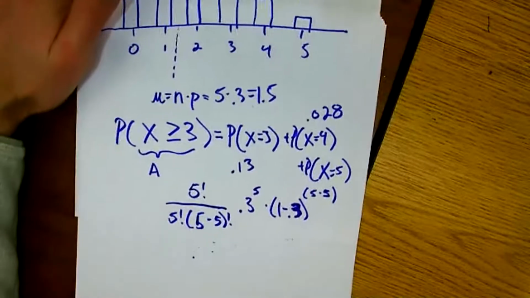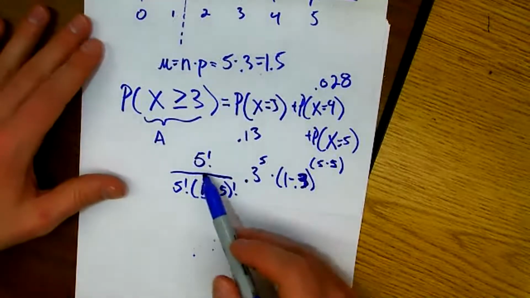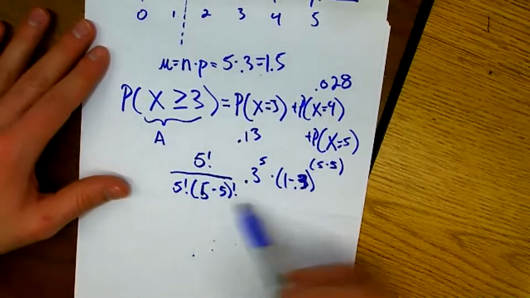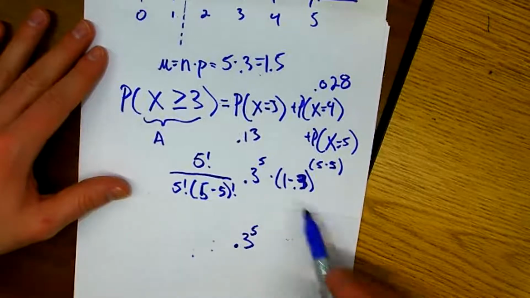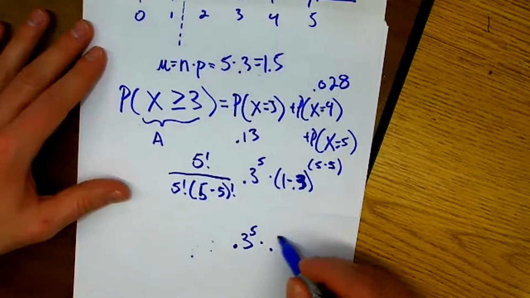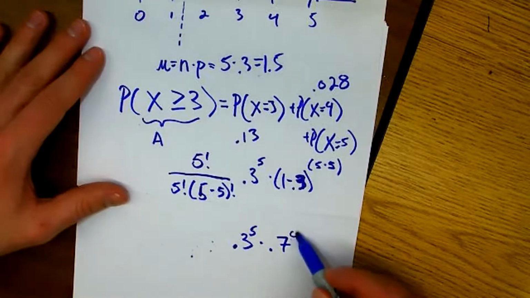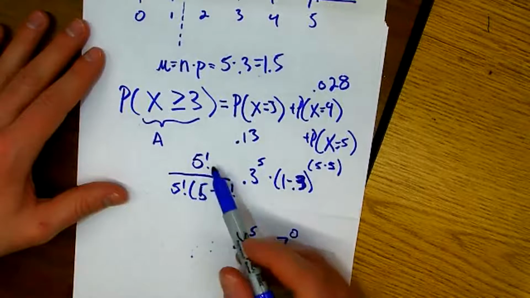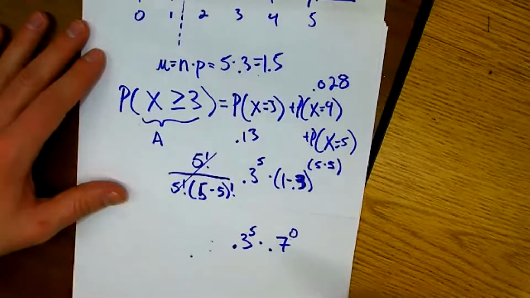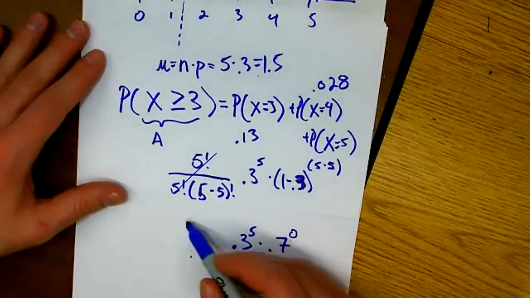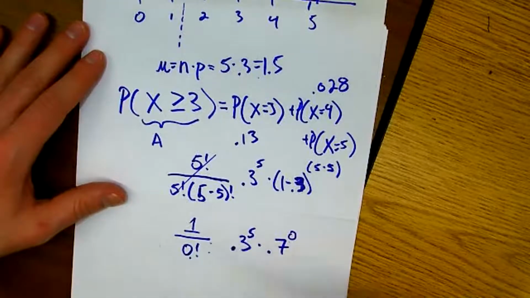So here's where I want to revisit some of the things we talked about last class. I'm going to start doing some of this simplification here. So 0.3 to the fifth, I can't really do anything with, but 1 minus 0.3 is 0.7. 5 minus 5 is 0. Over here, 5 factorial and 5 factorial just cancel. So what I'm left with is 1